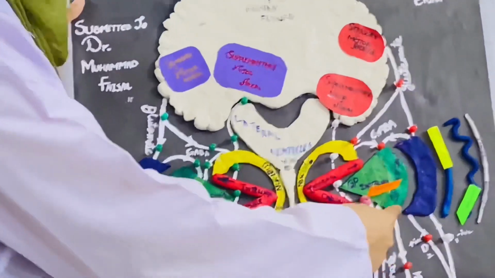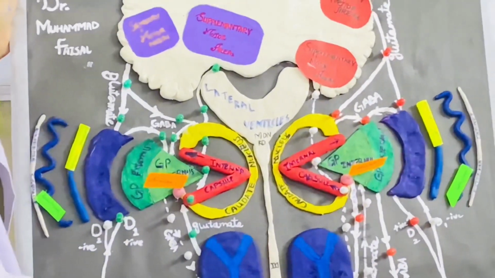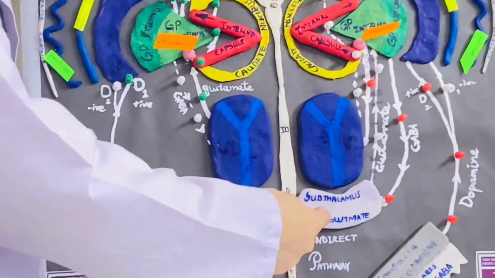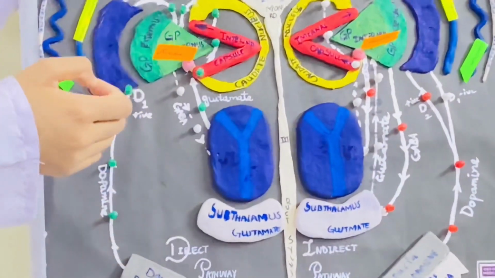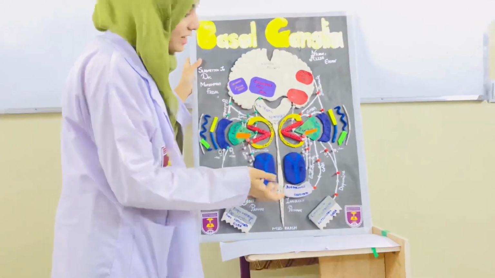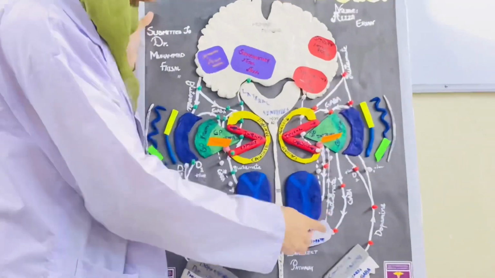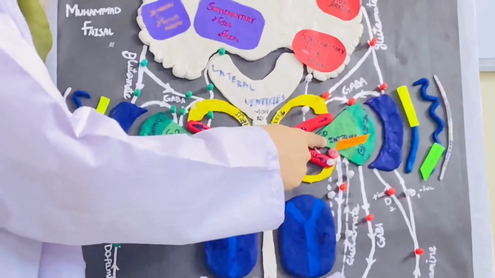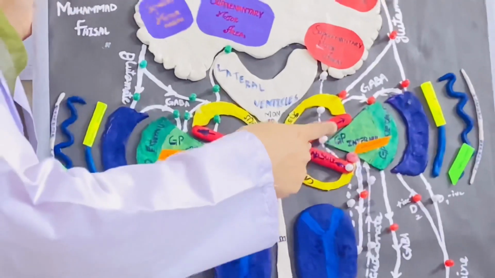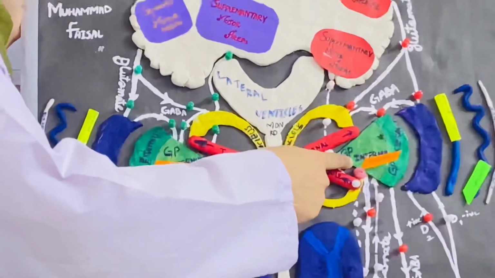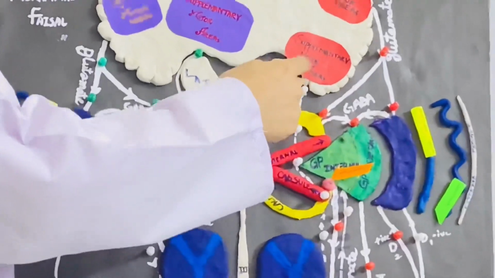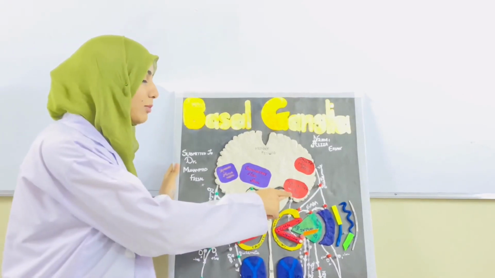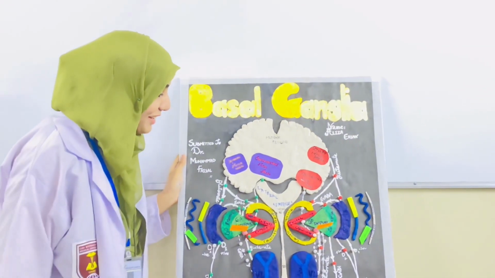From the globus pallidus externus, the fibers go to the subthalamus, which is also GABA fibers. As these are in large number, the subthalamus will give a small number of glutamate fibers which go to the globus pallidus internus. And from the globus pallidus internus, the fibers, which are in larger number, inhibitory GABA fibers, go to the supplementary motor areas, and thus it prevents those movements which are not required or are inhibited.